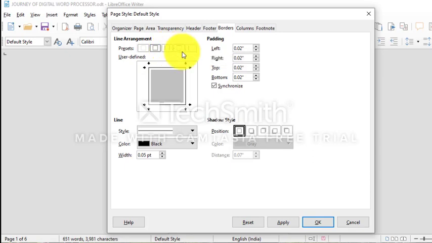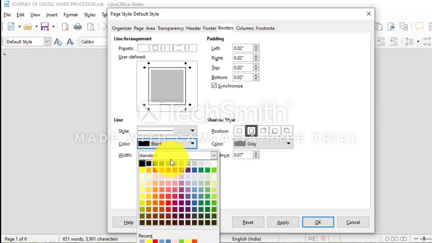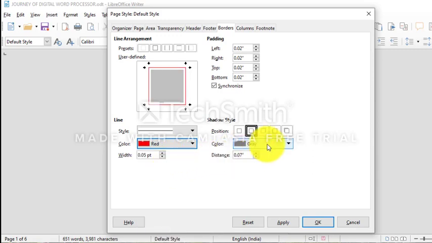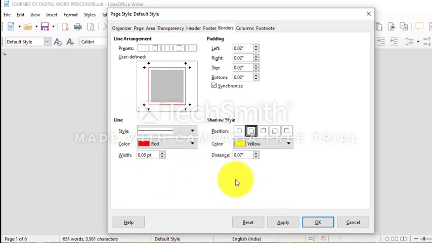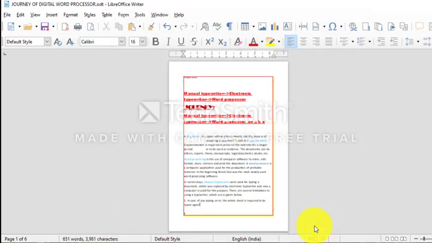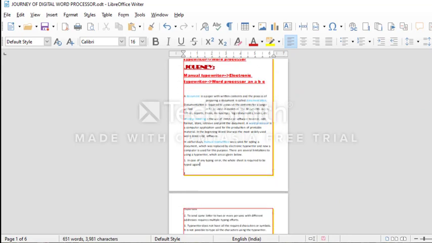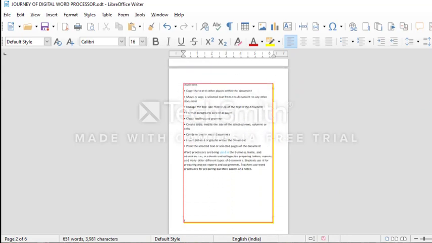I want a shadow, this one, and I want the color of my border to be red and the shadow style to be yellow, and I will click OK. And now you can see it will be on my complete document, a border of red color and a shadow of yellow color.